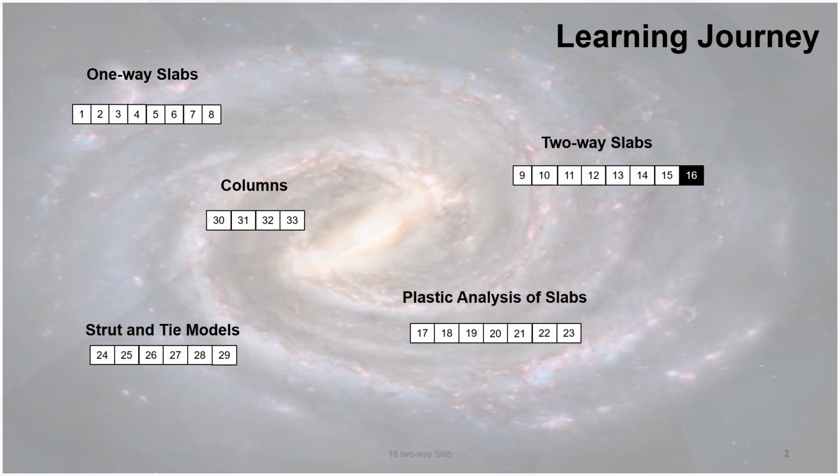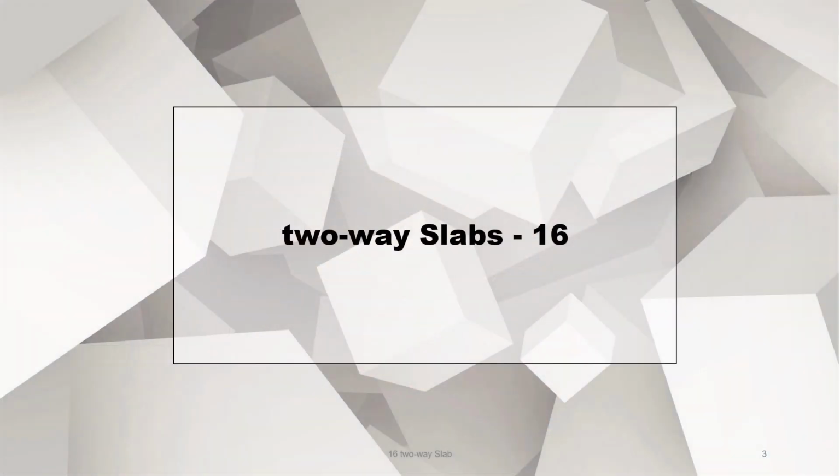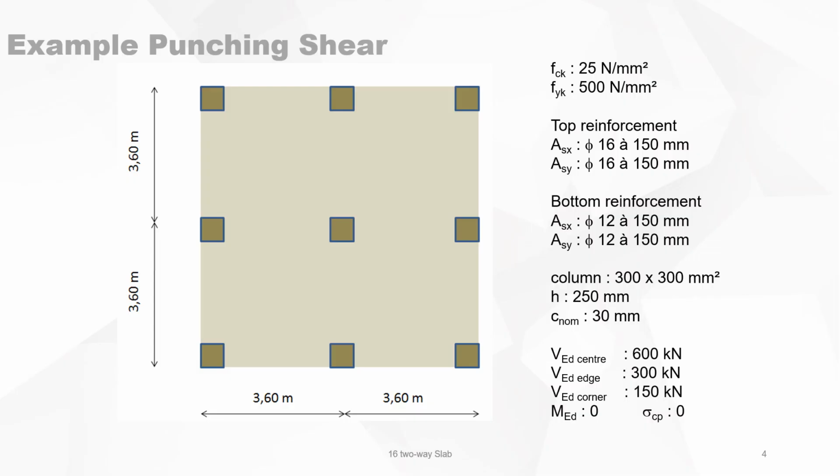This is video 16 in the series of concrete slabs. This video deals with an example of how to calculate punching shear reinforcement. In this example, we will have a slab supported by 9 columns, and the concrete quality of